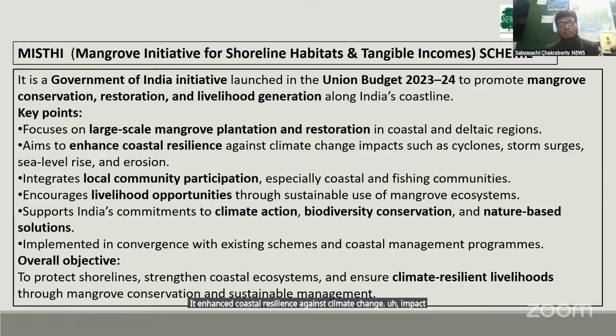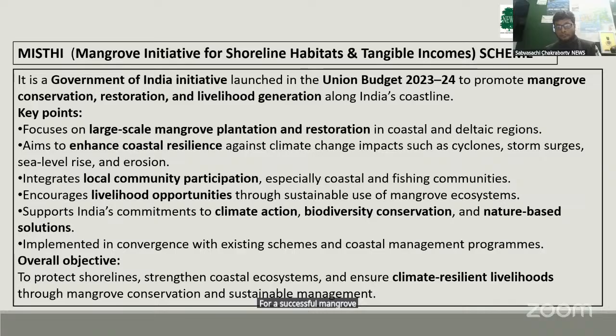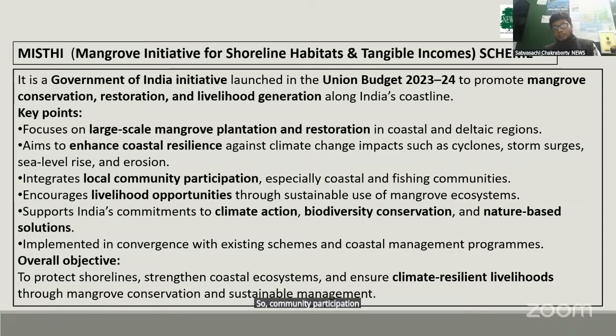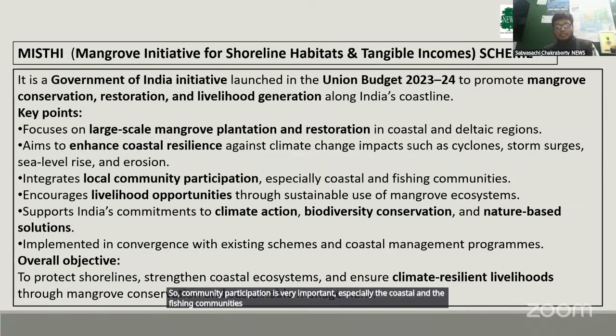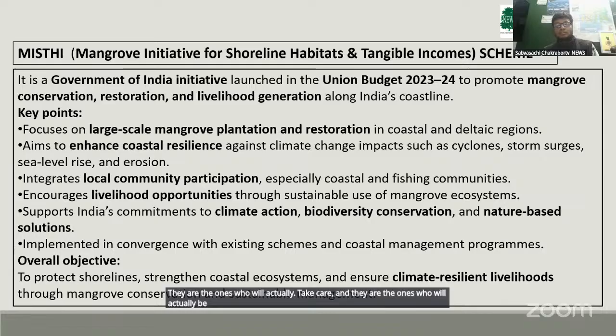Impacts such as cyclones, storms, sea level rise and erosion. It integrates local community participation, which is very crucial for successful mangrove restoration. Otherwise, once the plantation is done and no one is there to monitor, then the plantation will never be successful. So community participation is very important, especially the coastal and fishing communities who reside there. They are the ones who will actually take care, and they are the ones who will be benefited once the mangroves